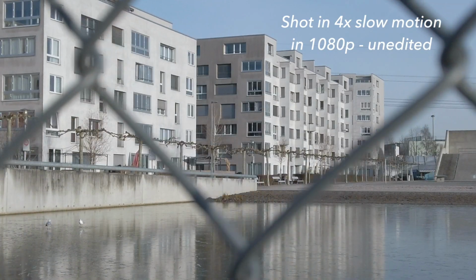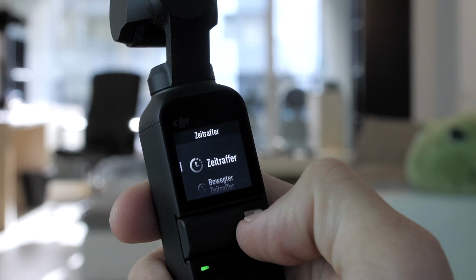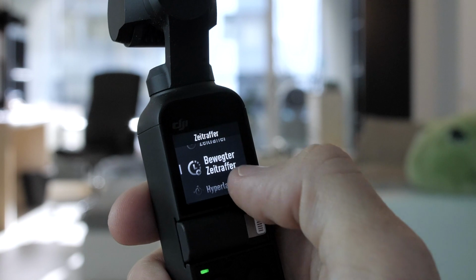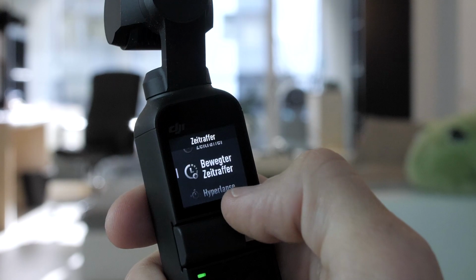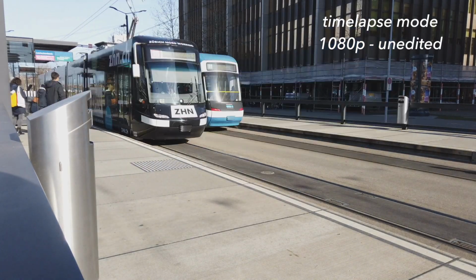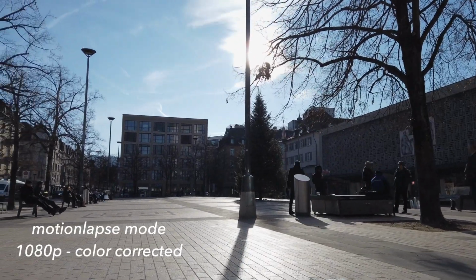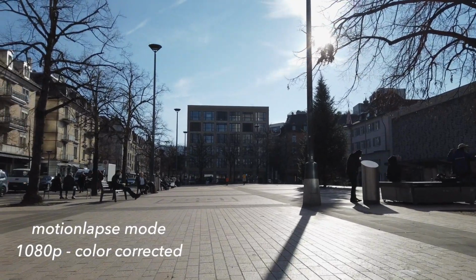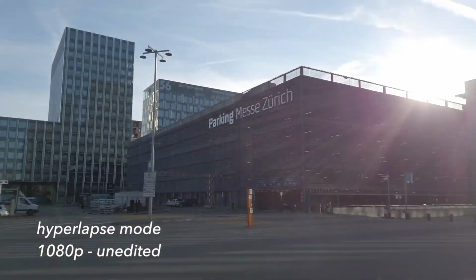So that's pretty nice. You can also do time lapses, and you can do different types of time lapses. You can do a normal time lapse, you can do your motion lapse, or you can even do your hyperlapse, like a moving time lapse. So all these options are there. I've tried the different time lapses. I have to say that they do work quite okay. There's no issue there really, but what I find is that the footage looks a little too saturated for me with the time-lapse modes. So you just need to pull back saturation and contrast in post-production,